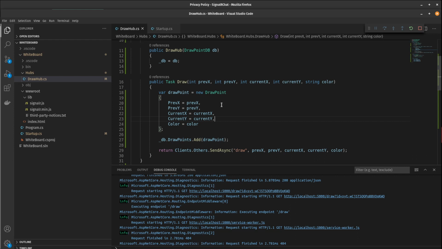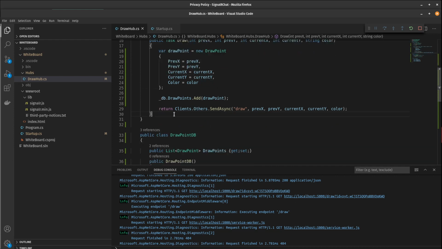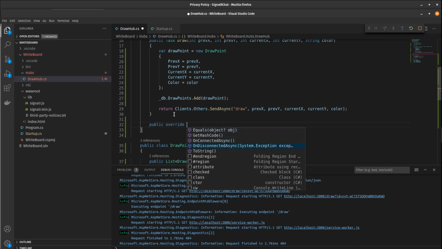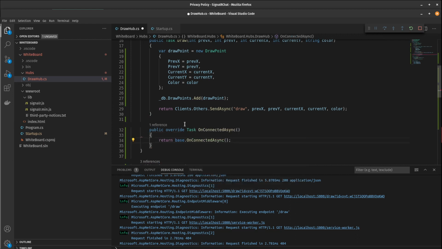So now it's all stored in the database, but the users are not actually getting it drawn. So we need to make an override of OnConnected. So if I say public override Task, here it is, OnConnectedAsync. This is just the base logic. So in here I could say foreach drawPoint in db.DrawPoints,